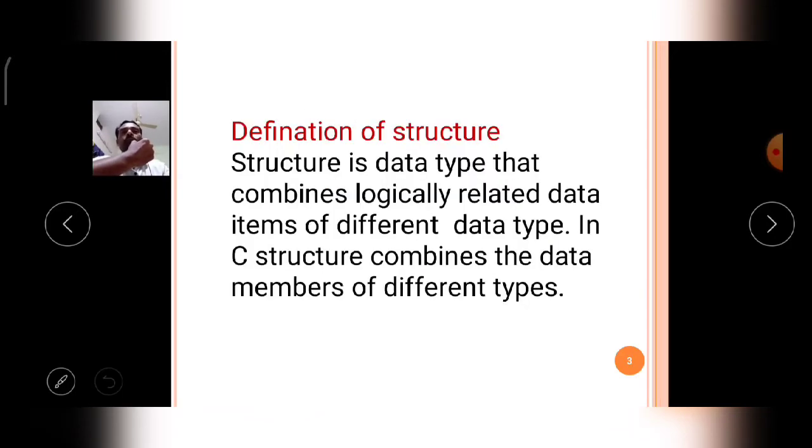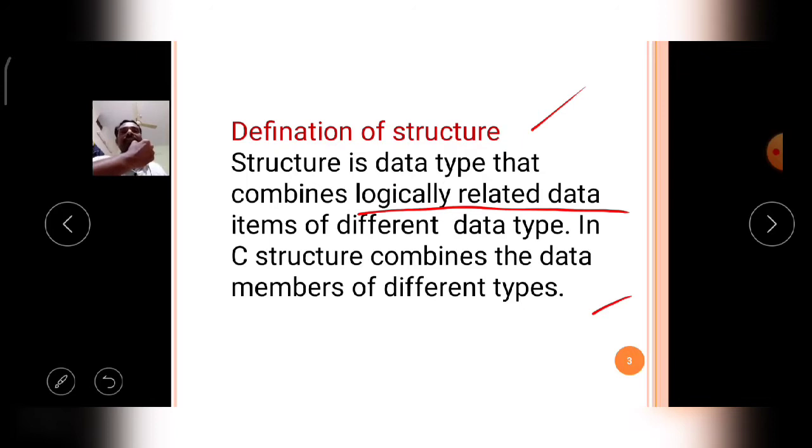Now, the definition of the structure. What is the definition of the structure? Structure is a user defined data type that combines logically related data items of different data types. In C, a structure combines data members of different data types.